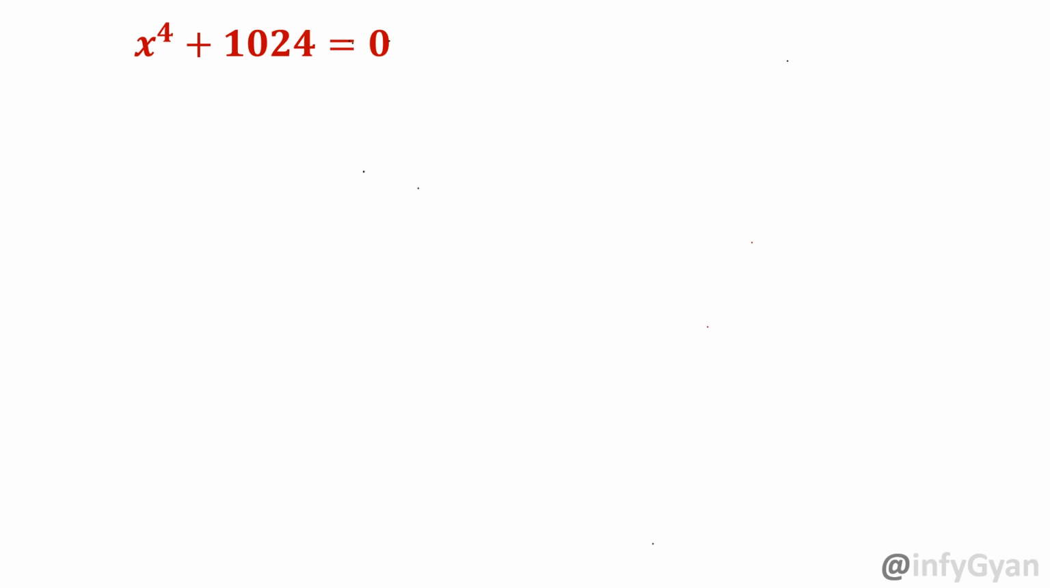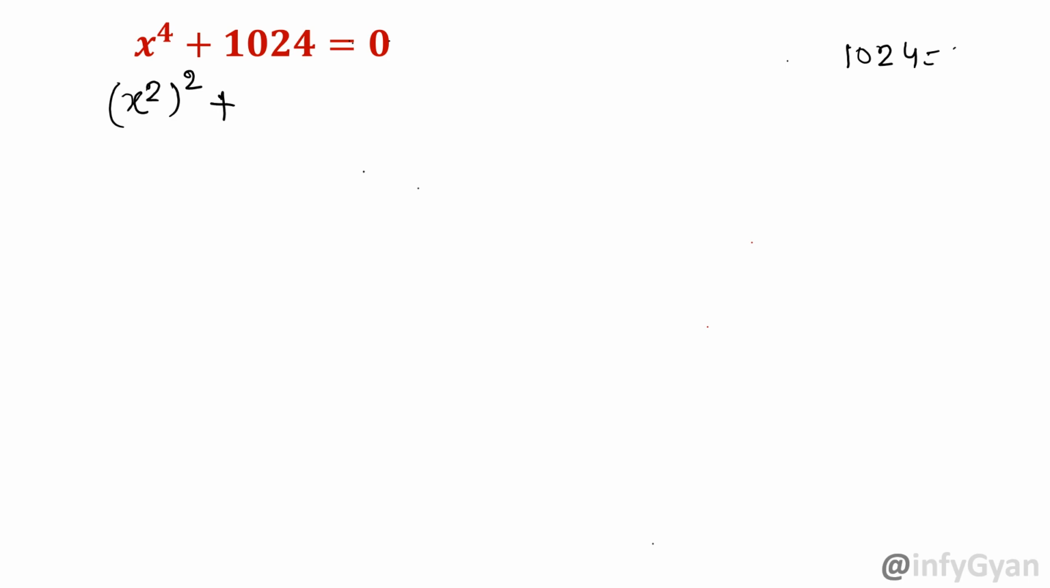In this video, we will be solving one quartic equation which is x power 4 plus 1024 equal to 0. I will use algebra, algebraic identities and manipulations. So let's get started. I will consider x power 4 as x square whole square plus, if you see 1024,